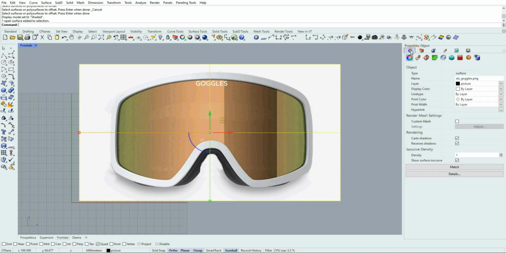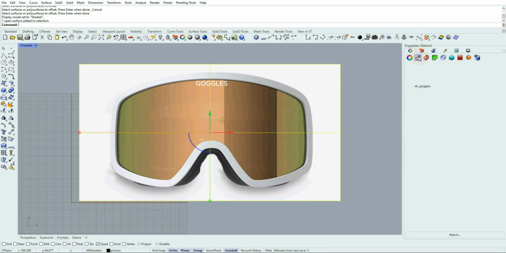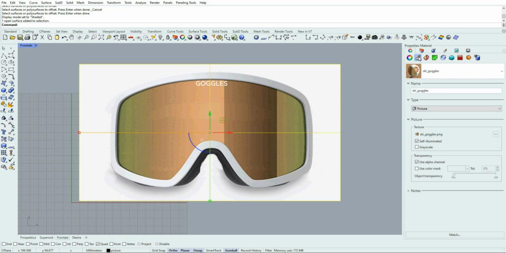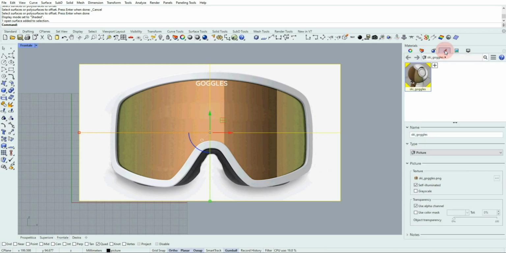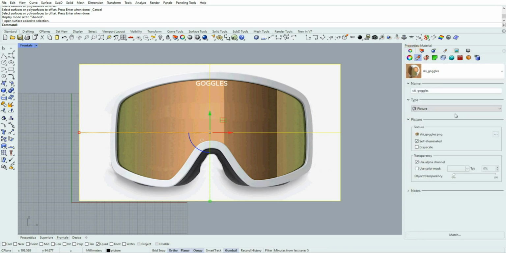If you go to properties, you can see under materials, there's a lot of settings, almost the same. If you go directly to materials, it's almost the same, because a picture is basically a material, a texture material.